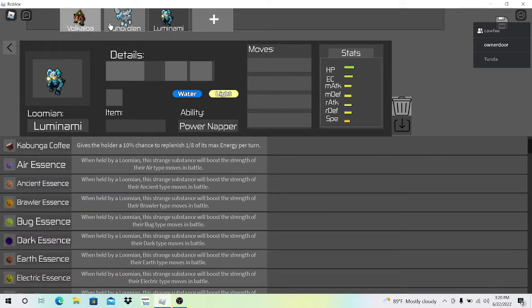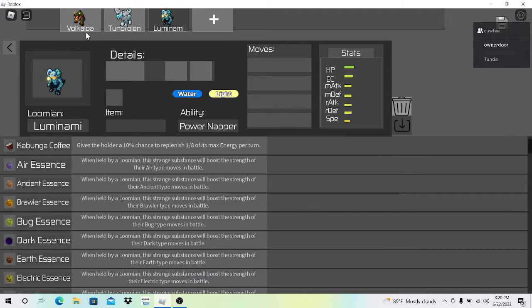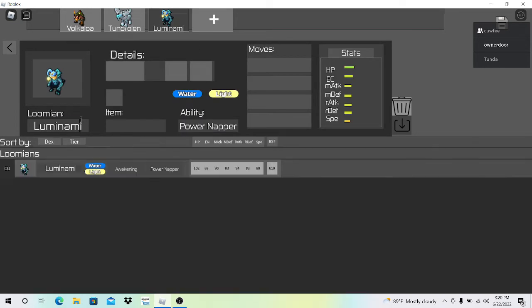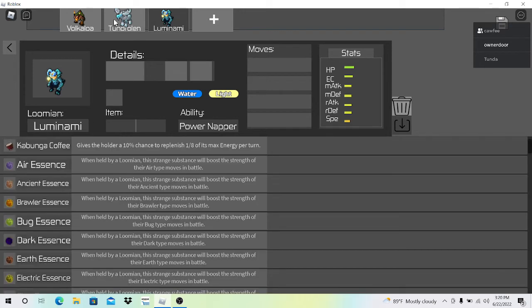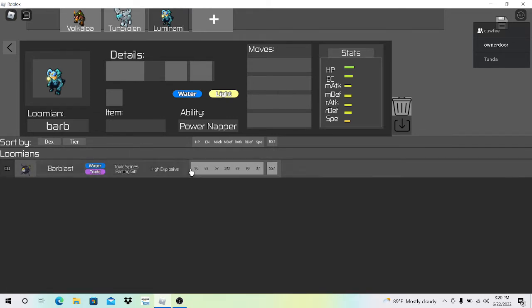I think Luminami's an okay mon to pivot Volcaloa in certain scenarios. So I'll keep this for now. I might end up needing a Barblast in this slot depending on what the rest of the team is. I mean, Luminami is not quite as good for Cannabo as Barblast is. Maybe just for the point of you can do the Tundra Barblast core walls, basically